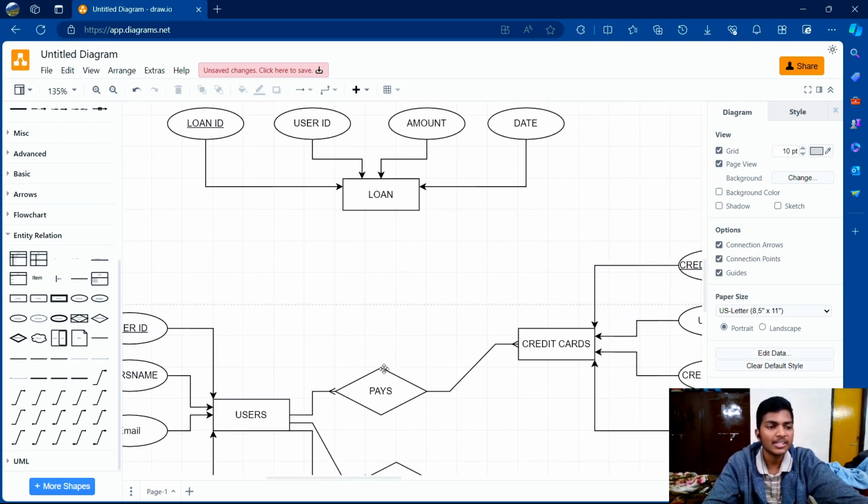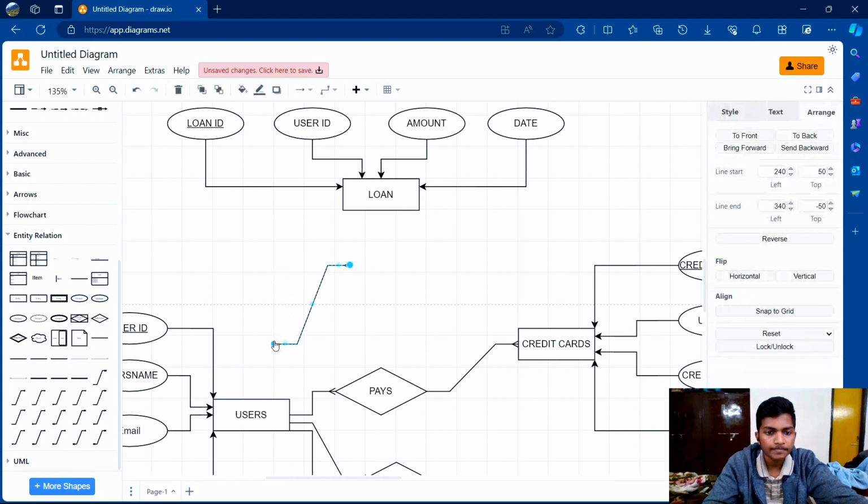And if you go further, the relationship between the user and the loan can be one to many, because one user can take multiple loans. But one loan cannot be issued to multiple users. So it's one to many. I'm going to use the notation for one to many, so we'll connect the